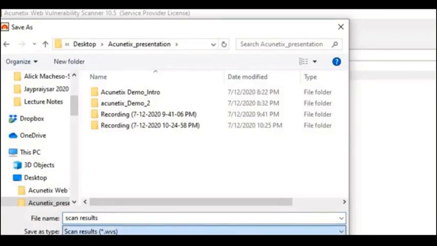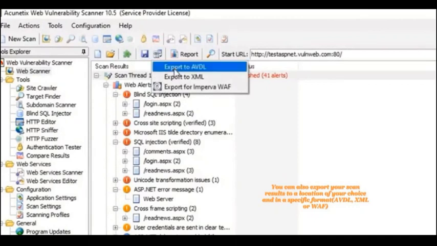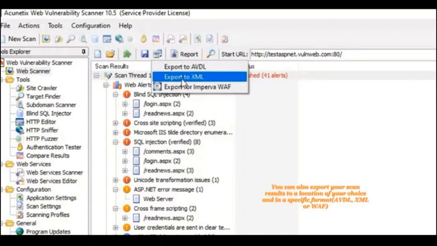You simply save them. Or the software also lets you export your results. Just adjacent to save, you can then export. If you're going to export to XML, you can export it